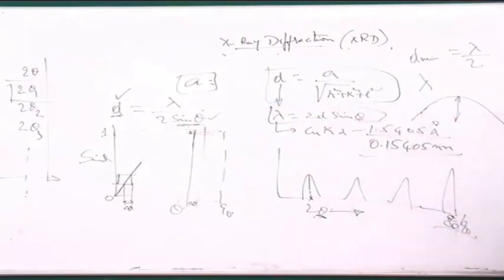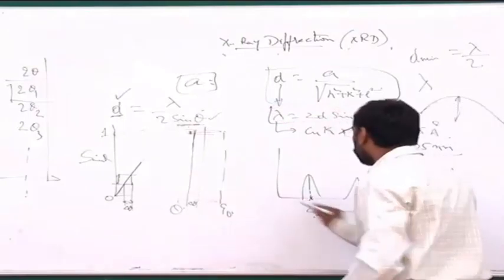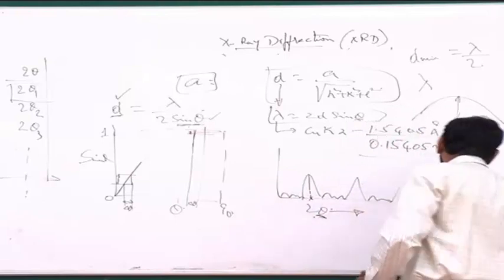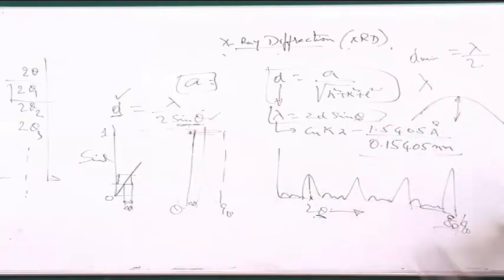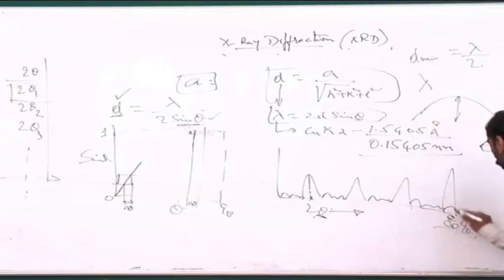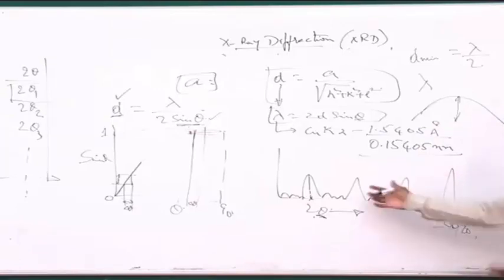background noise. In every X-ray diffraction, it is not so plain. You will always see some noise. And this noise is happening because of random scattering that is happening whenever an X-ray is falling on the sample. If your peak is very small and that small peak merges into the background, you may not be able to distinguish it as a small separate peak. So you have difficulties in that.